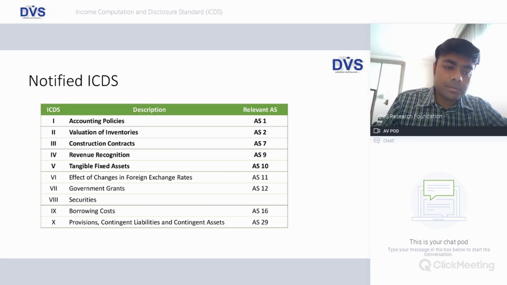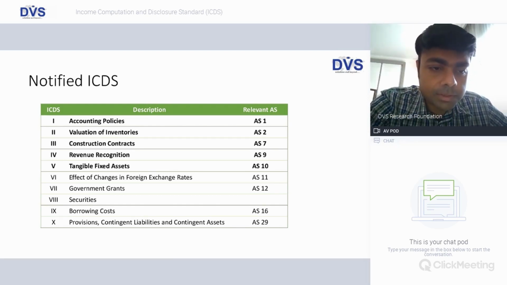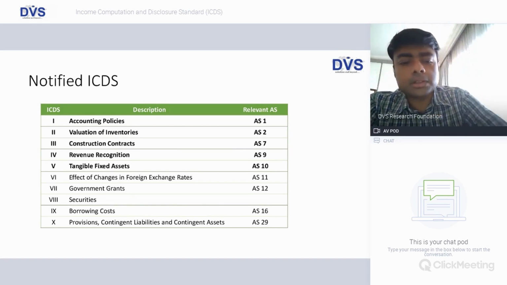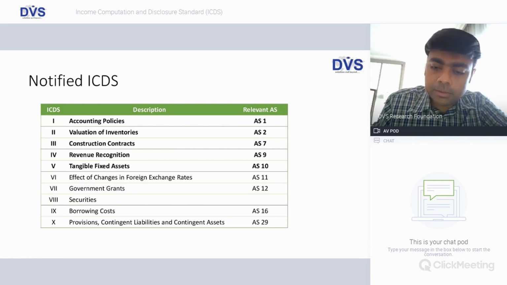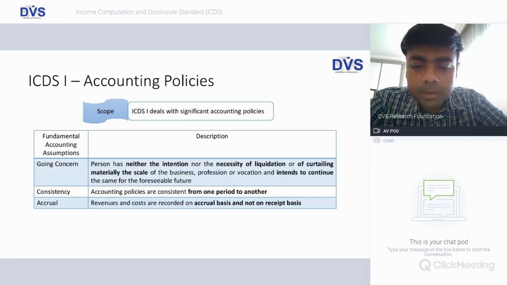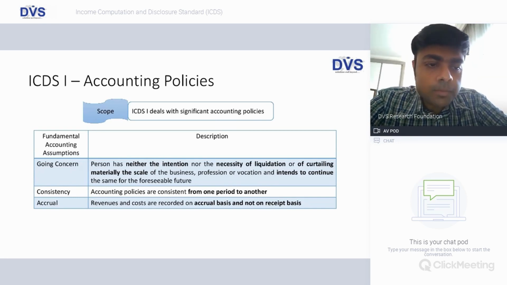Now coming back, we have 10 ICDS standards notified, starting from accounting policy, valuation of inventory, construction contracts, revenue recognition, tangible fixed assets, forex, government grants, securities, borrowing costs, and contingent assets and liabilities. For today's agenda, we shall try and look at the first 5 standards. First one talks about accounting policies. So the fundamental premise, there are 3